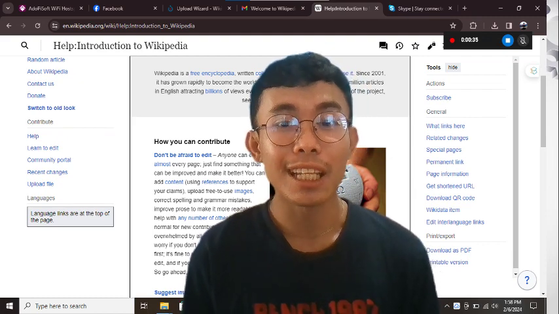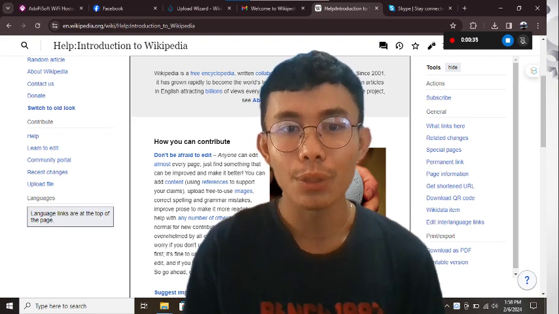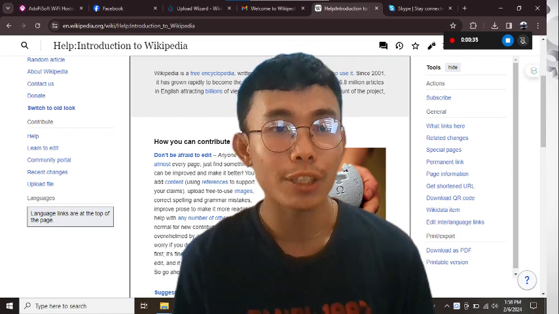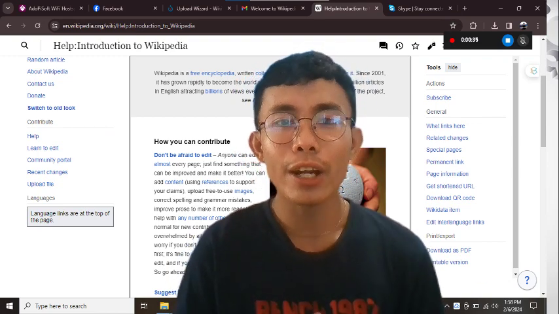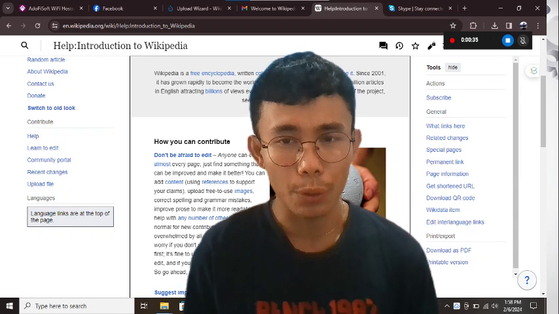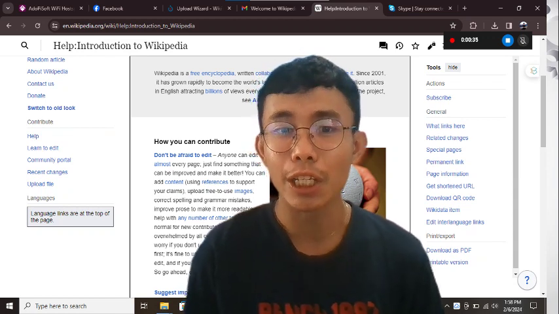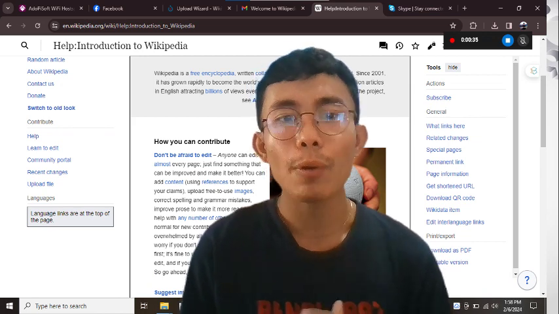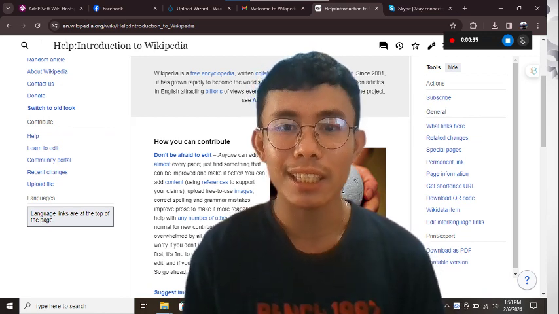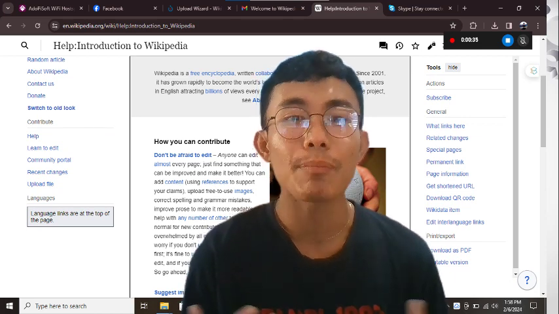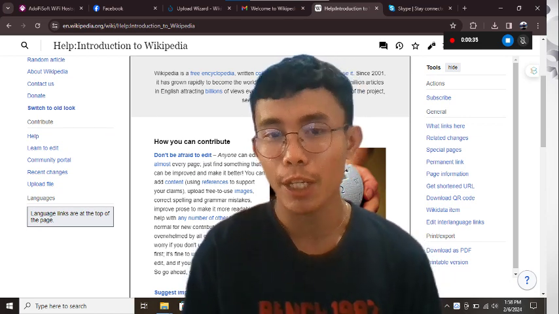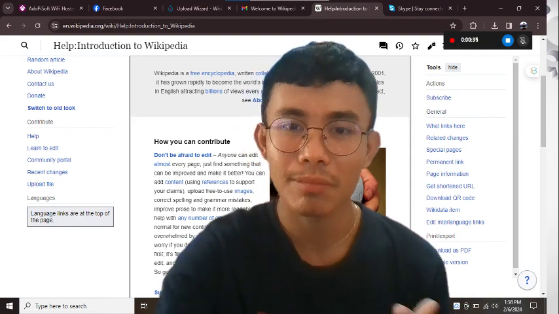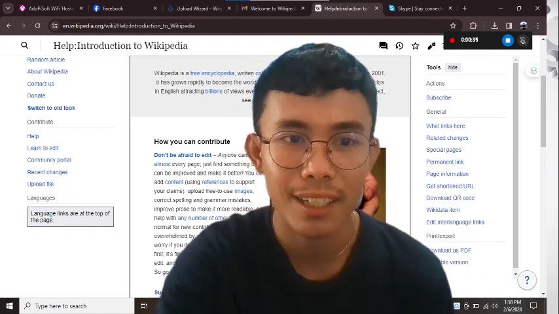Additionally, there's a learning curve for users new to wiki platforms, and security concerns may arise, especially for sensitive information. Organizing content effectively becomes crucial as wikis grow in size, ensuring easy navigation for users. Despite these challenges, proactive management, clear guidelines, and robust collaboration processes can mitigate risks and maximize the benefits of wikis for teamwork and knowledge sharing. That is the problem of Wikipedia.